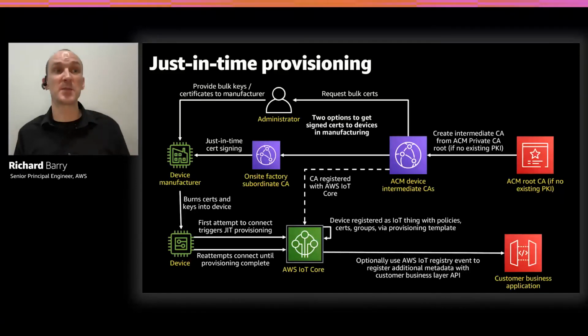So now we're on the bottom left. Now we have the certificates and keys and everything in the devices. We're not yet registered with AWS IoT. So what happens? The device is manufactured, it goes out into the field, and at some point it gets turned on. When it gets turned on, it tries to connect. Now, it's going to get disconnected because IoT Core doesn't recognize it yet. So the device will connect and disconnect, but because it recognizes the CA that we registered,